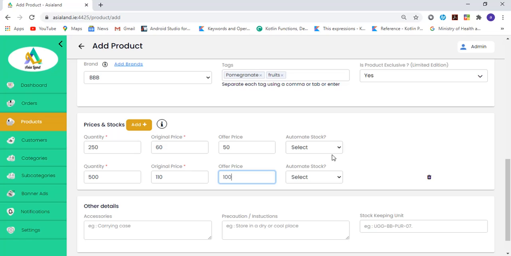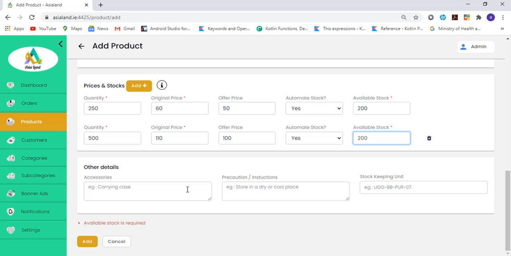Now after filling the prices of the products, next comes the automate stock. If you select this option as yes for automating stock quantity, a text field will appear on the side of the drop down where the admin will enter the currently available amount in stock. Let's enter the available quantity amount here. After the customer places an order for purchasing this product, the amount for the product in the placed order will get depleted from initial stock that was entered.